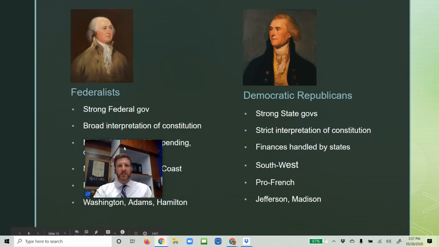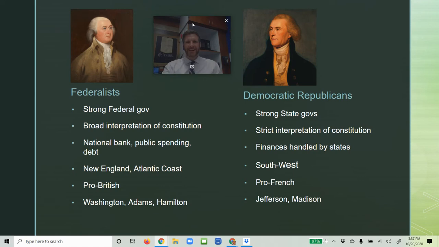It's also under Washington that you get, I'll put my face right up here with these guys. Hi, guys. You get the beginning of political parties as we know it. Today we have Democrats and Republicans as the two primary parties. Back then, what emerged was a group called the Federalists versus the Democratic Republicans. They were kind of shorthand called Republicans, but we call them Democratic Republicans to differentiate them from the modern day Republicans. And you can see, probably you could sum it up as a conflict over strong central government versus strong